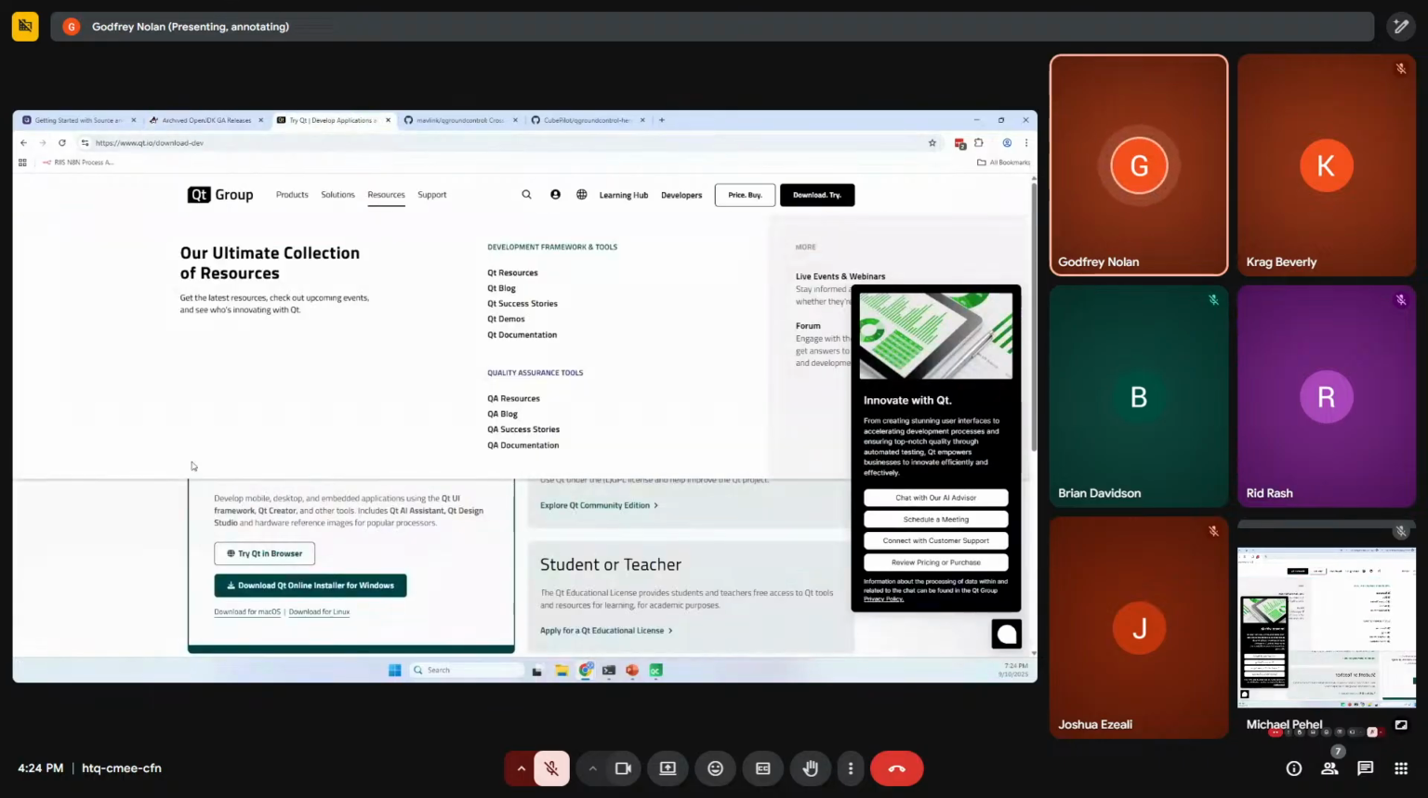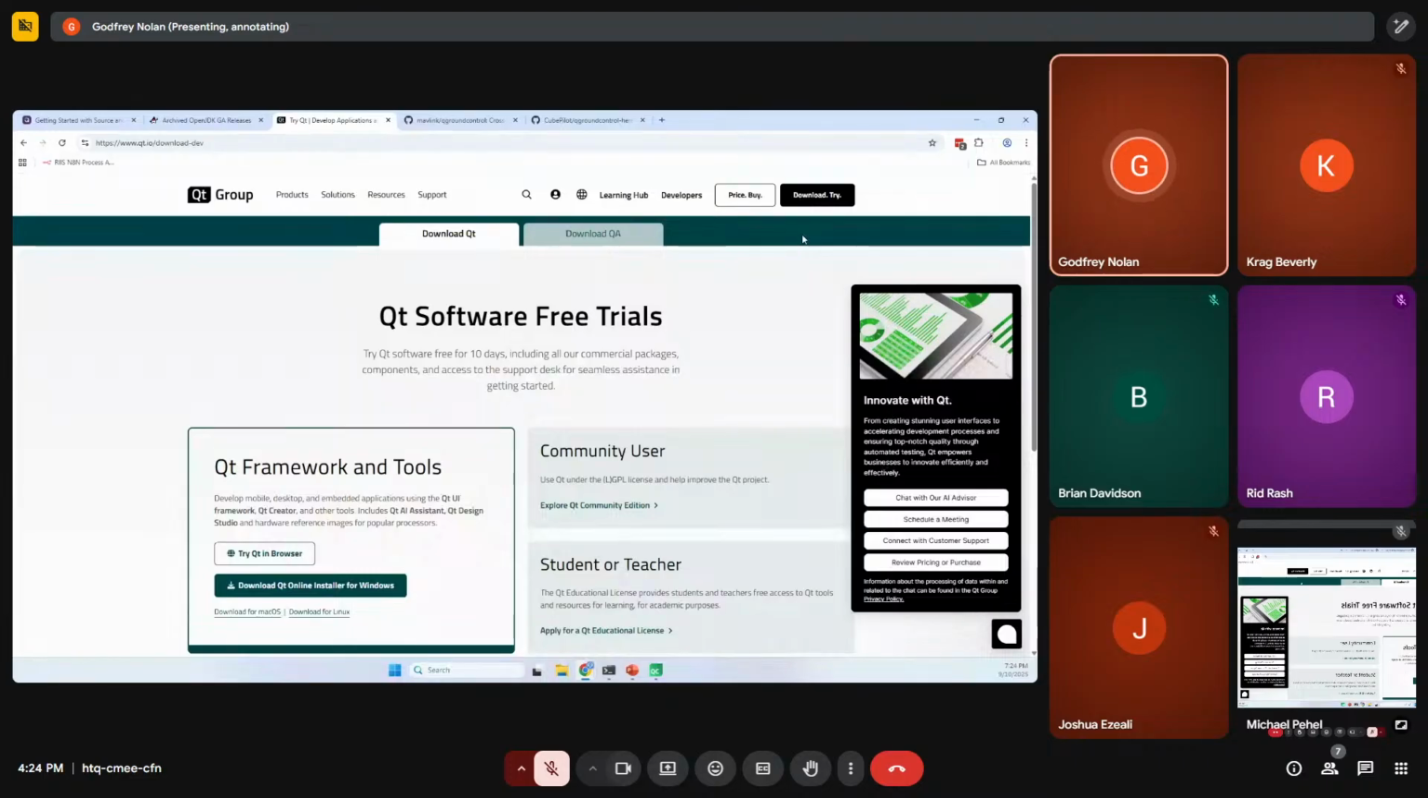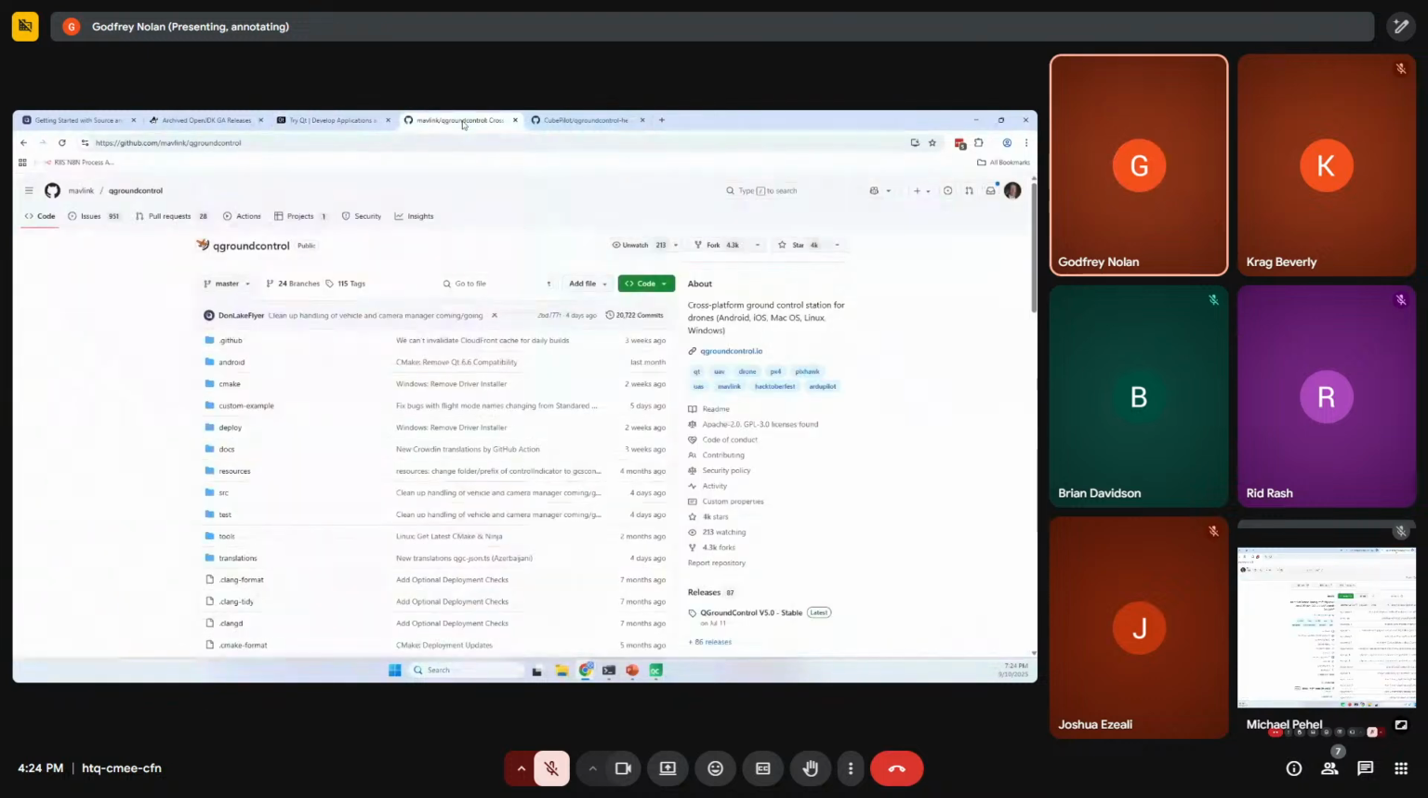This is where, if you go to qt.io and go to download, you can download the installer for Windows. And then later when we do the Herelink, we're going to download the one for Linux and then copy it across to our WSL. This is the repo for QGroundControl, which is,